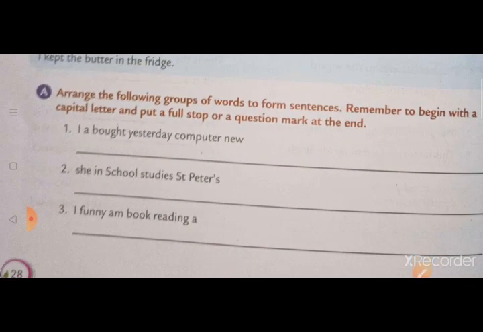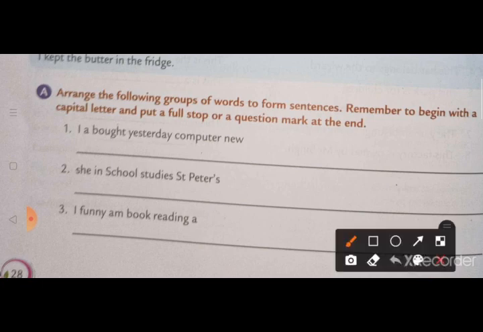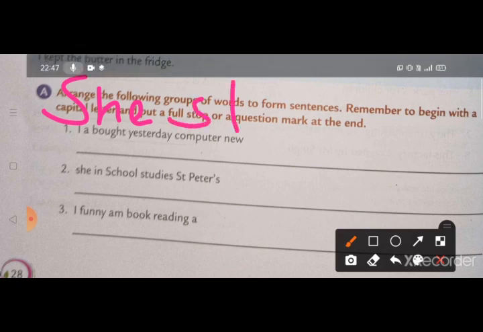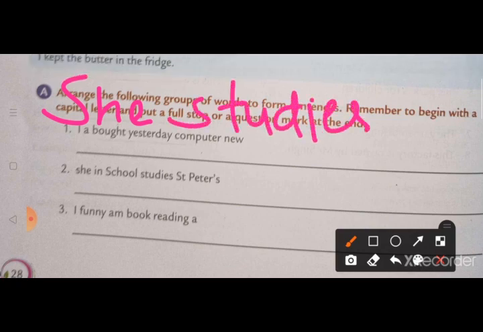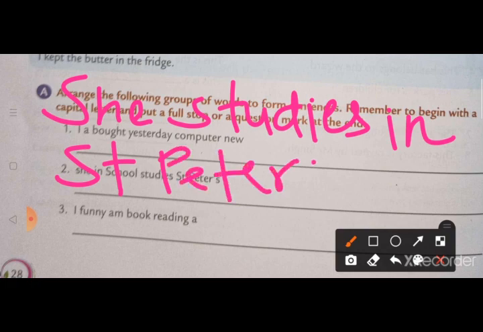She in school studies St. Peter's. So here they are talking about the girl who is studying in the school named St. Peter's, right? So what are we going to write first? She, लेकिन यहाँ पे she का S capital नहीं है, so we are going to write capital S. I'm going to write from up because the whole sentence is not able to fit in that screen. That's why. She studies in St. Peter's